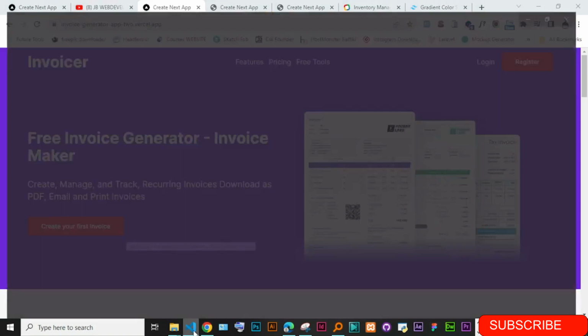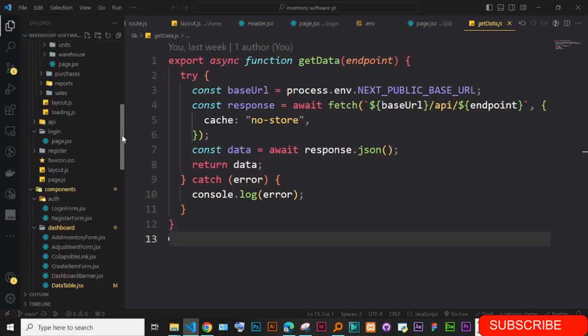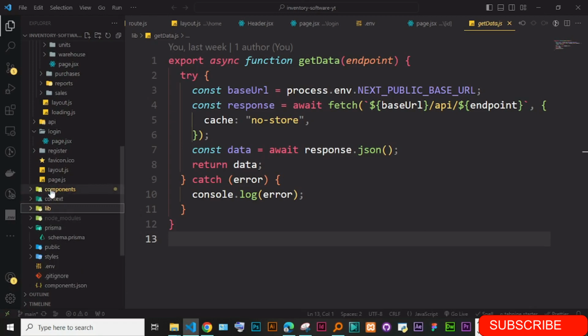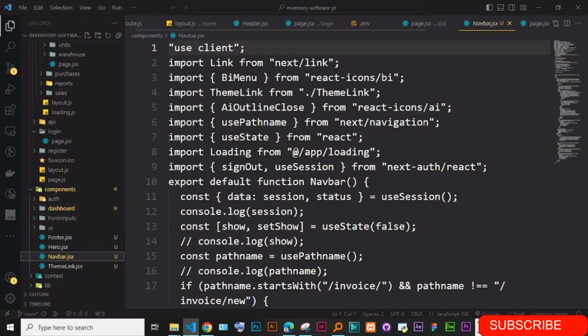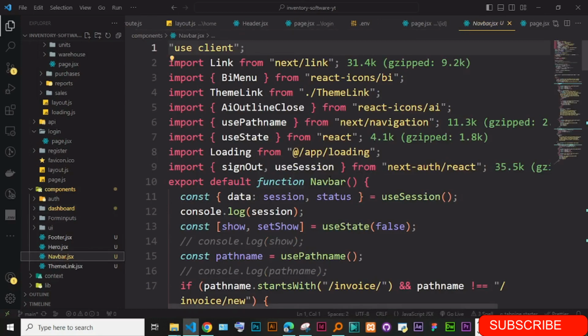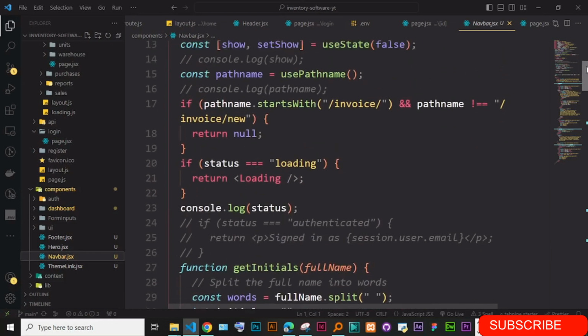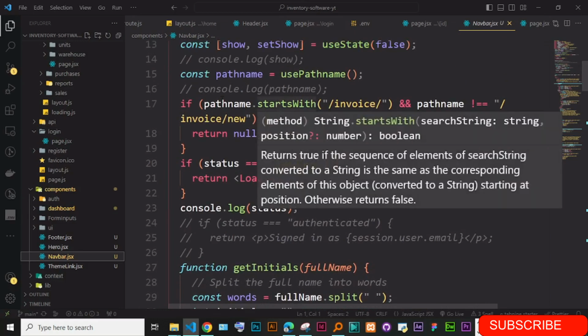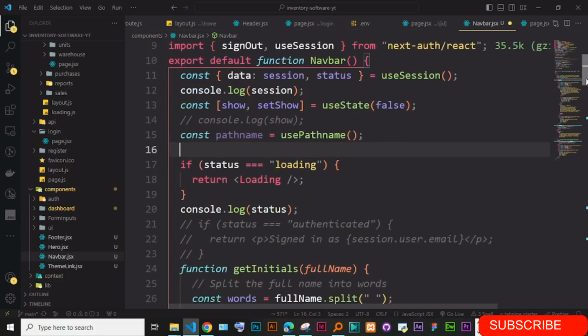To start with, I'm just going to go to components. Under components, I've added the navbar from the invoice. If you look at it here, we don't need all these checks. I can just remove some of these things here. The only thing we have to check actually is